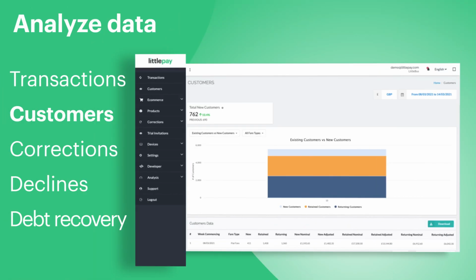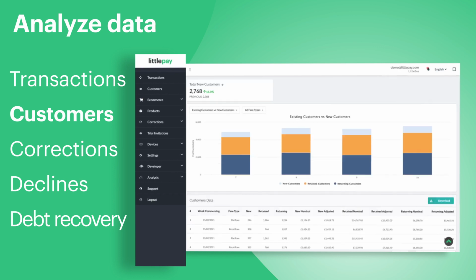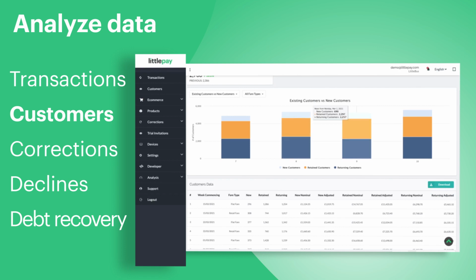This is the Customers Analytics page on the Merchant Portal. From here you'll be able to see how many new customers you have seen over a given time period. To select the date period, go to the top right corner and click the date picker. You would have to select this period of 7 days each time. We also have the predetermined days options here of the last 14, 30 and 90 days. The information shown here is the existing customers versus new customers. You can see clearly how many new customers you have seen over this given time period. You can then download this information by scrolling down and clicking on the download button and a CSV spreadsheet will